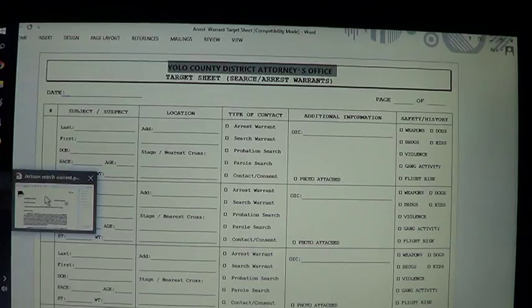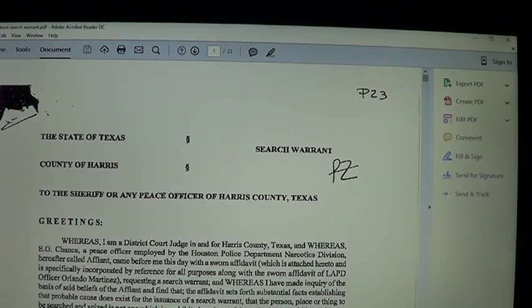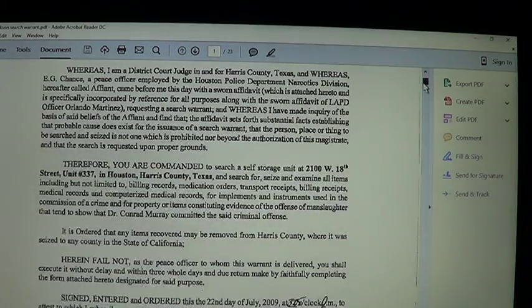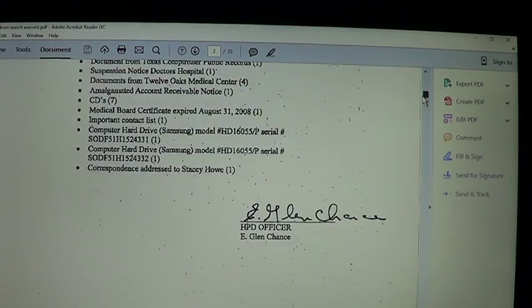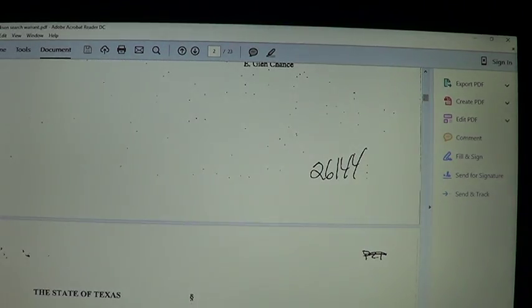And then this warrant right here is, I think, the warrant for the drugs. Was this for Houston? Anyway, I'm going to do a lot of these warrants. I thought I had pulled up